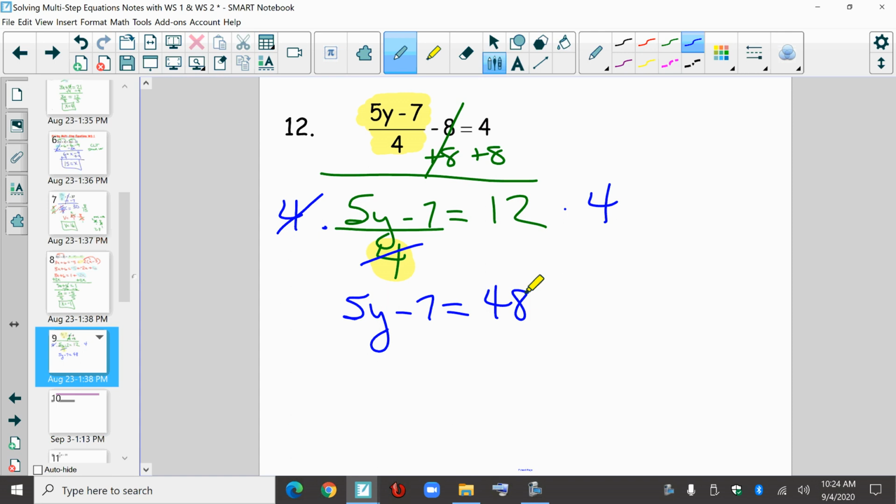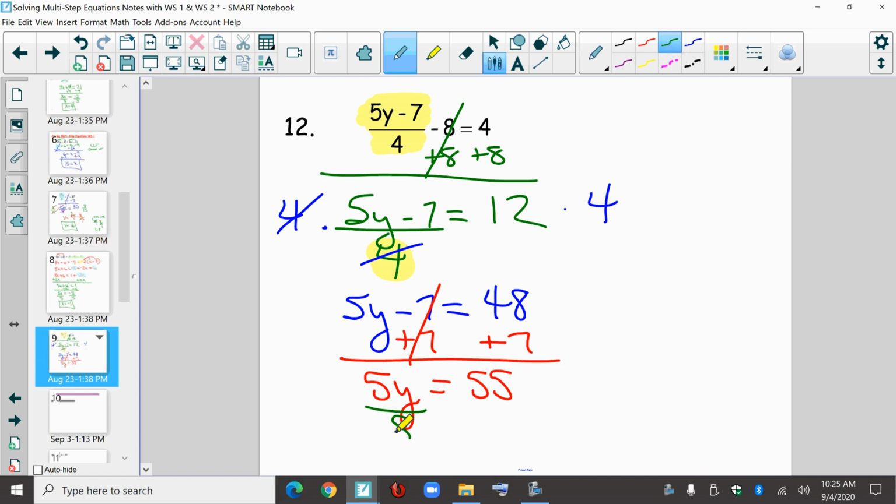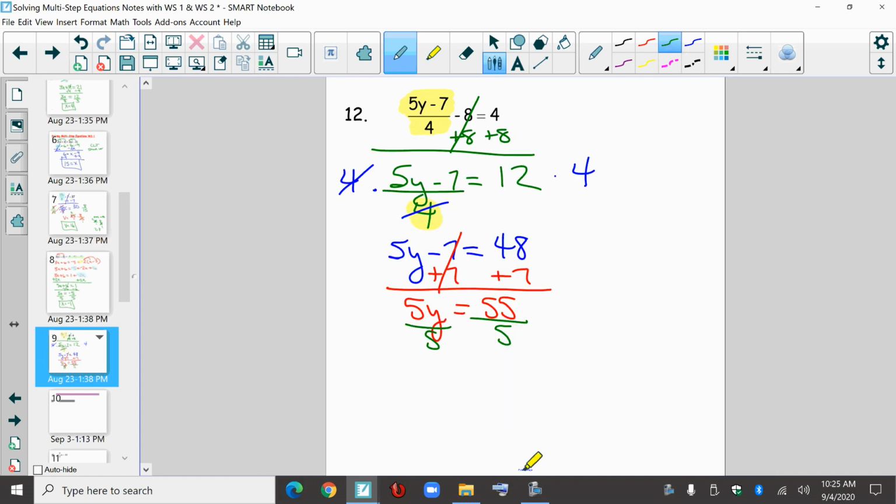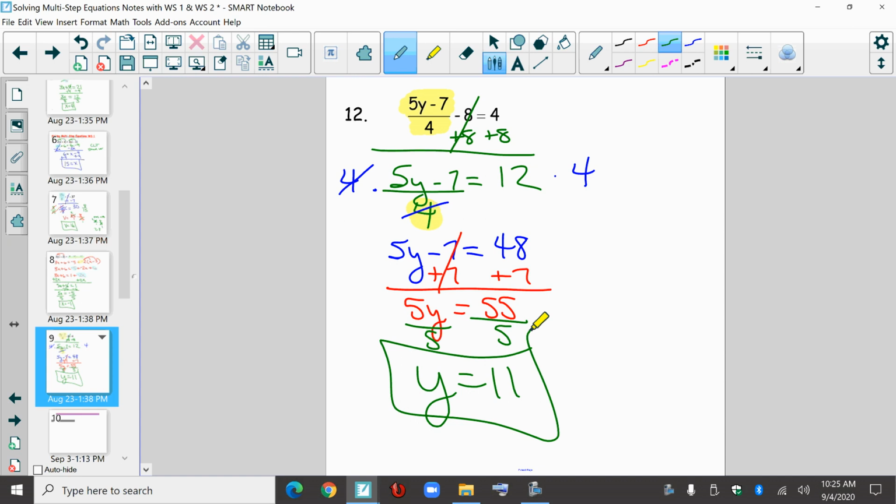Now, this is just like a two-step equation. I'm going to go ahead and get rid of the -7 by adding 7 to both sides. 5y is equal to 55. Then I'm going to get rid of the 5 by dividing both sides by 5 to get y is equal to 11. And that is how you are going to do your multi-step